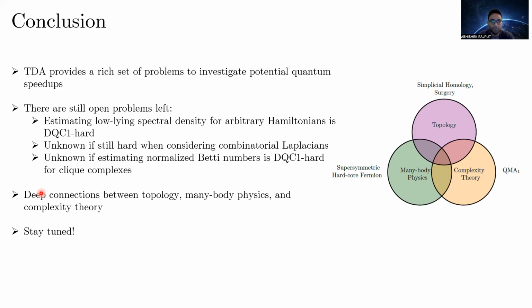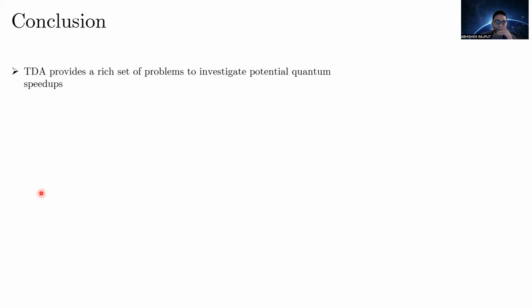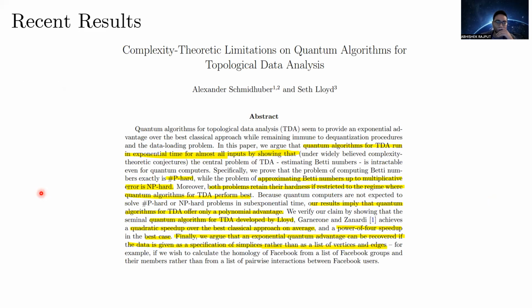I haven't been able to look at Seth Lloyd's paper in detail, but the fact that they show or argue that you can get an exponential advantage if you have an oracle that gives you the simplices directly, I guess that's not that surprising, but it is still interesting. And I would still say that the fact that some of these problems are DQC1 hard, and are probably therefore immune to dequantization,